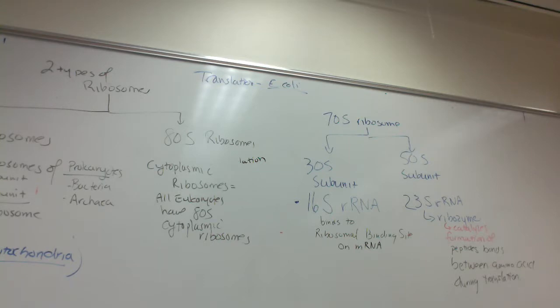The A site stands for the aminoacyl tRNA binding site. The P site is the peptidyl tRNA binding site. And the E stands for exit. This is where those empty tRNAs are going to get what? Booted out of the ribosome. Okay? So folks, let's take a look at then